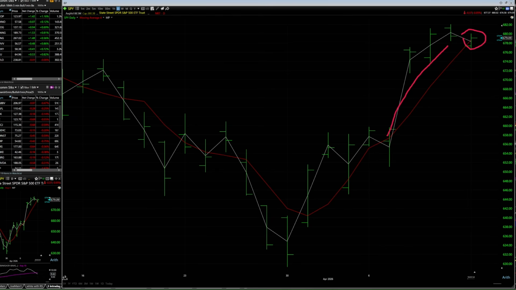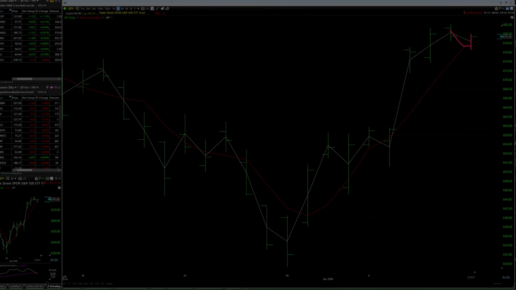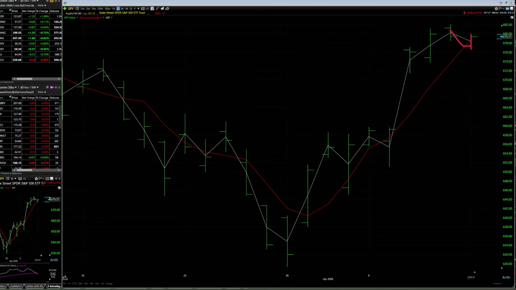Now we're testing the 4 again. Right, we've made this move. We got way too far away from the 4, so we needed to come back to it and test it. And then we opened. We had a small move to the downside, and now we're trying to push to the upside. So we've got this situation where